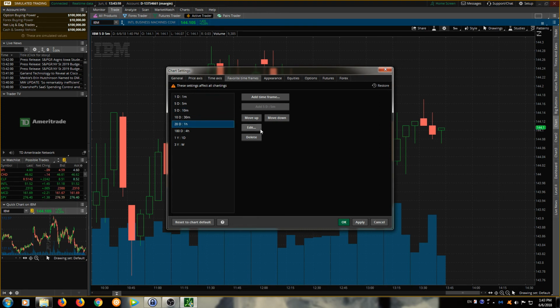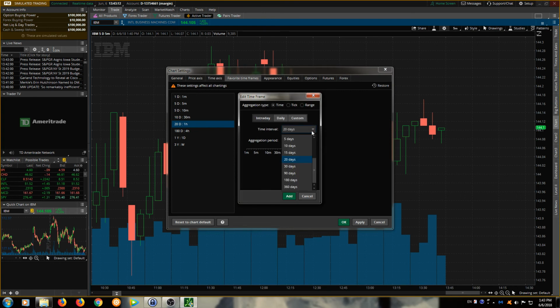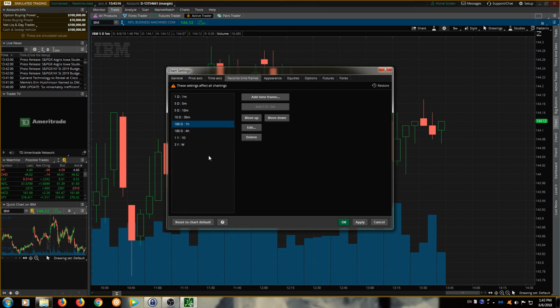For hourly, I'm going to add. It's only going back 20 days. I think I'll go back 180 days. I do like to look at hourly charts. 4 hour,